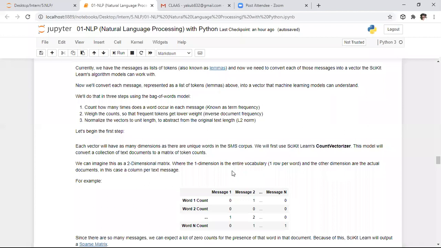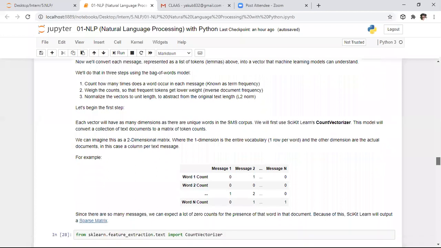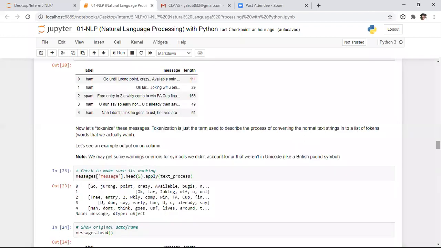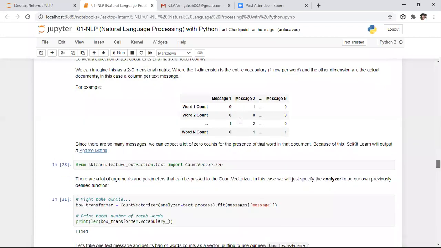If you want to understand briefly about that, I kept text here. You need to read this text after completion of this class. To convert all these features, all this text, all these root words in the form of vectors, we are taking help of count vectorizer. Whenever you apply the count vectorizer, it will convert each and every message in the form of a matrix. It will assign different numbers to the unique words, and based on those numbers, it will create a matrix.